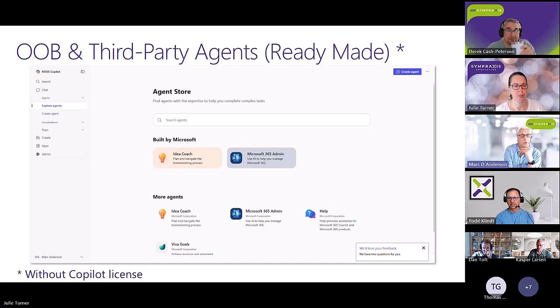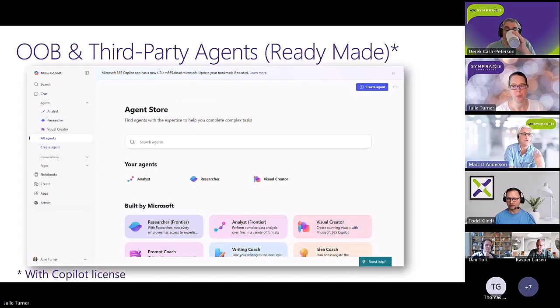So next page: say you do have Copilot licenses, then you start to see specific agents. All of these on this screenshot are out of the box things, agents that Microsoft provides for you. So even if your organization is not building any agents and not governing anything, it's that Wild West environment, and people may start using these Analyst, Researcher and Visual Creator agents.